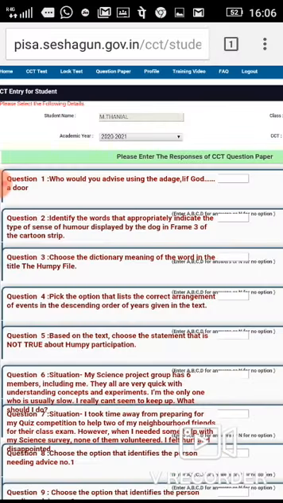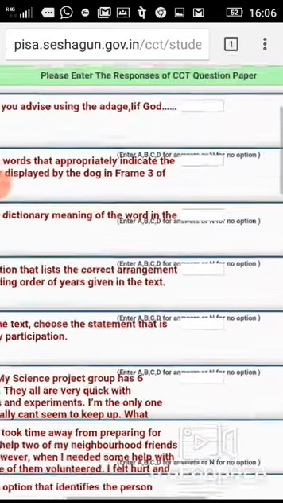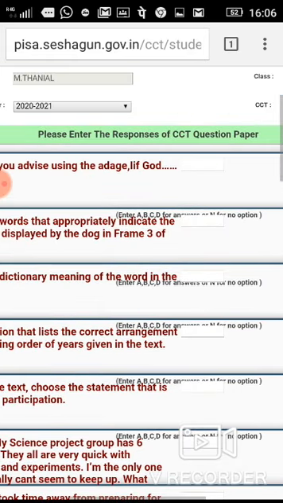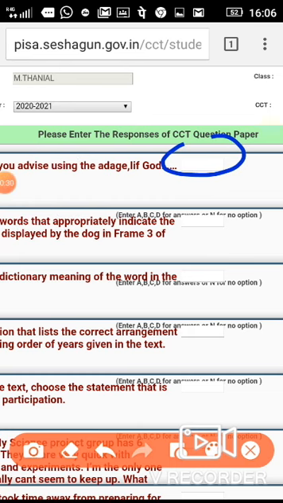Okay, so here it is written. You can see, who do you advise? So in this you see there is a blank. So don't write yes or no. You have to fill this blank. Which options are given?